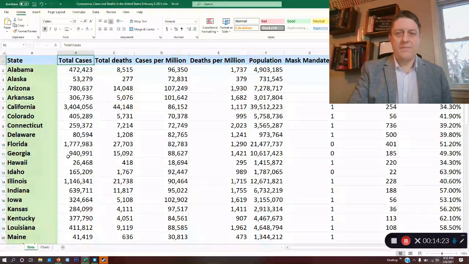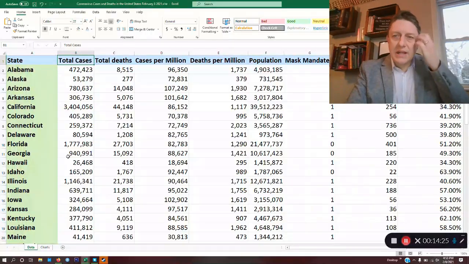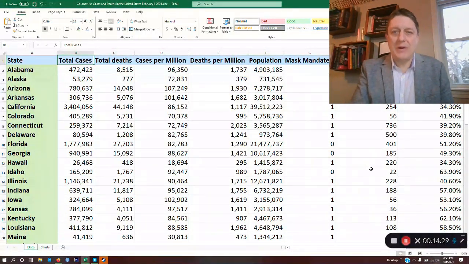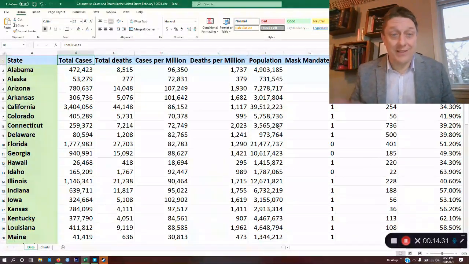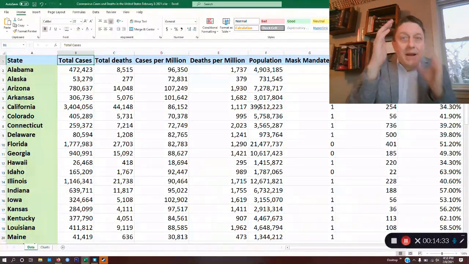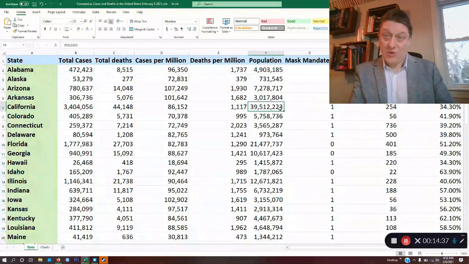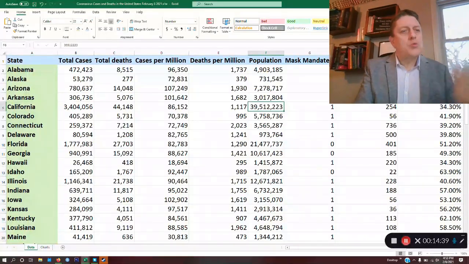So the number of people per square mile just comes out to 254. Whereas Florida has a slightly lower population, or Delaware, let's say, has a really lower population, about 1/40th that of California, but it's in a much smaller space. And so its number of people per square mile is 500. Rhode Island